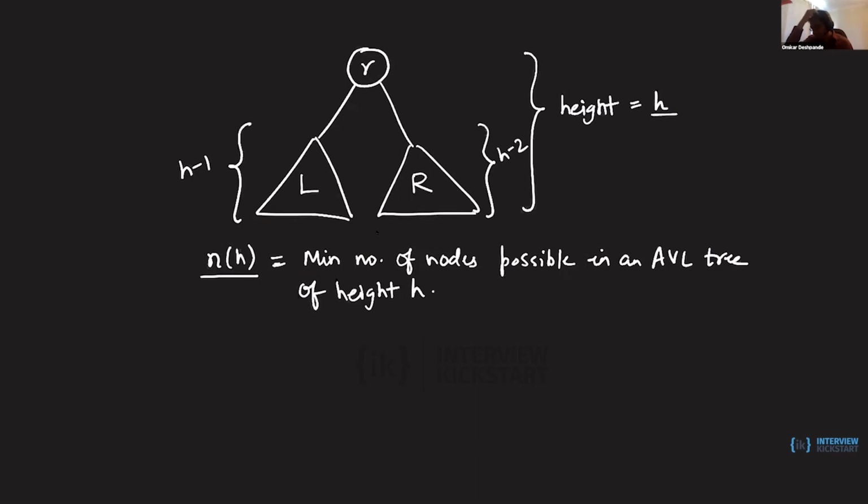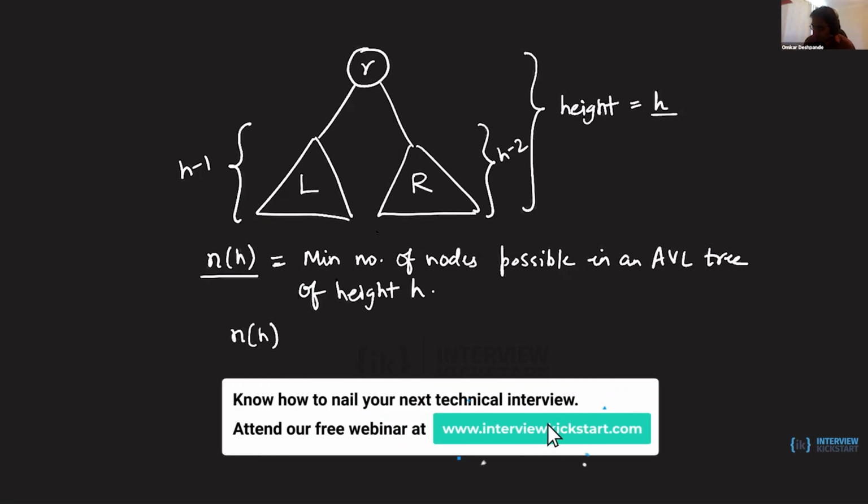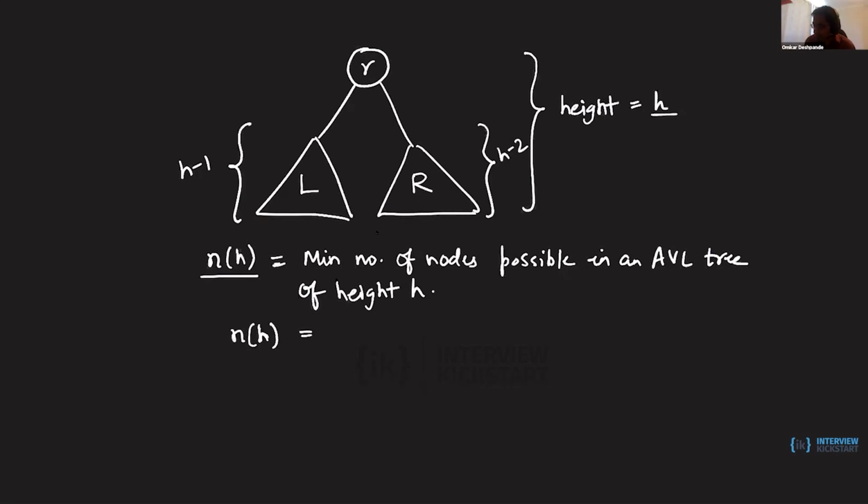Likewise, the right subtree must be the smallest AVL tree of height h minus 2. I picked left and right arbitrarily here. I could have picked the right subtree as height h minus 1 and the left subtree with height h minus 2. So in other words, we can write this equation that n of h must be equal to